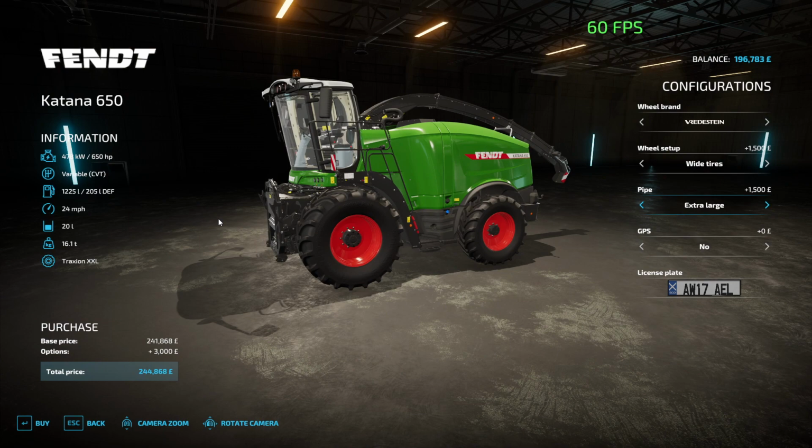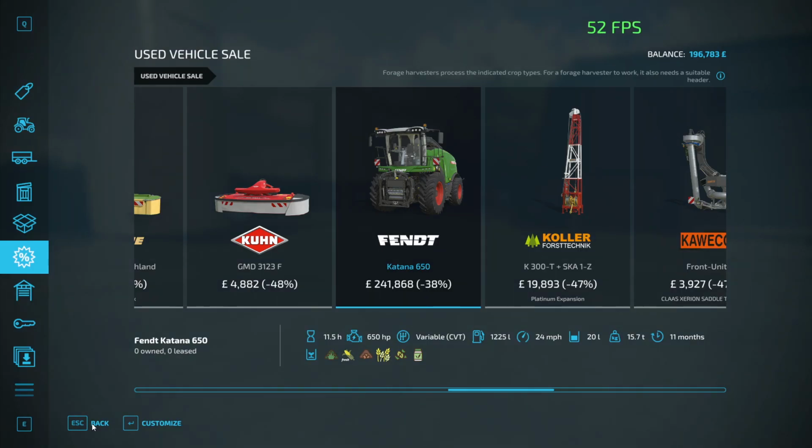Oh, 96. That's 60,000. We have paid off all our loans. What's the age? The age is 11 and a half hours and 11 months. That's reasonable. I mean, it's got 40 hours before it starts getting pricey to fix. But who cares? It's like,